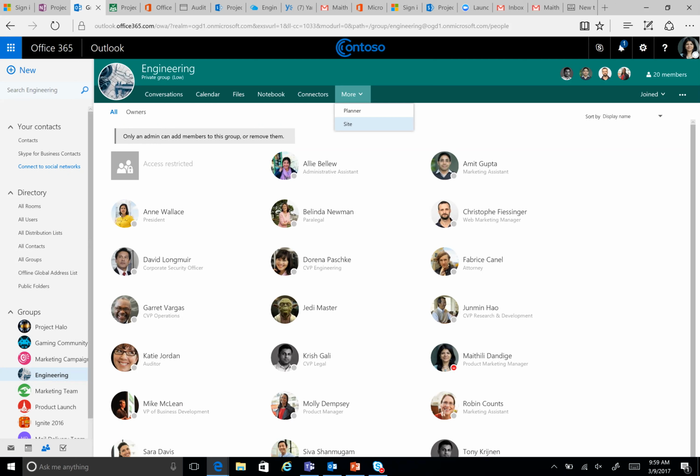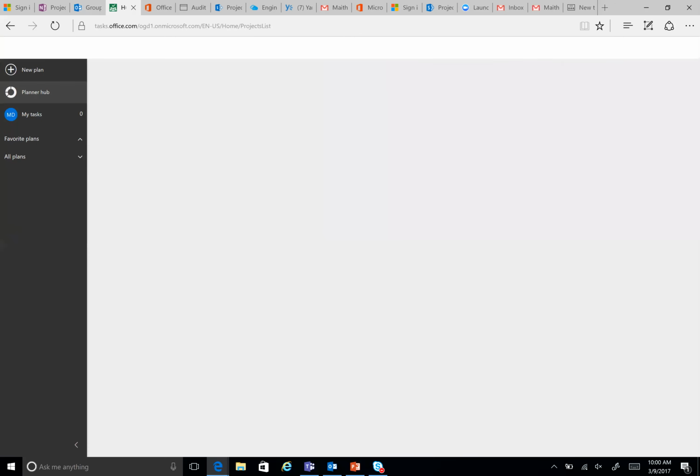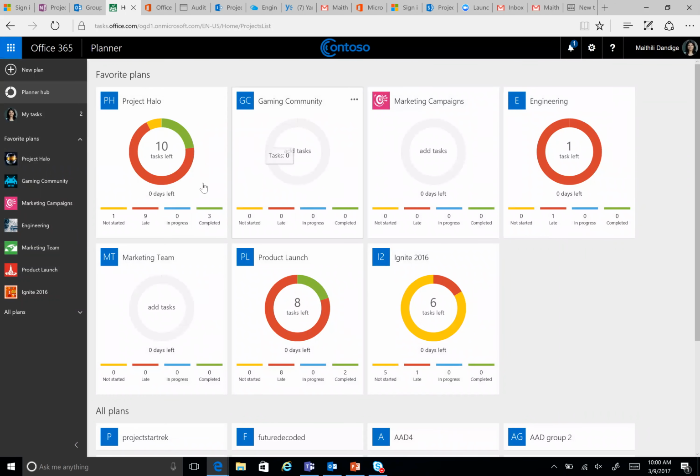We need the ability for a person to see all of their tasks across all projects and groups. Is that possible? So one of the things, no, not easily possible, but there is a better way to do that through Planner. As a user on Planner, what you can do is, and let me show you very quickly, you can create what is called a Planner hub. This is your Planner hub. So the answer could be yes, depending on whether this is what you're looking for,